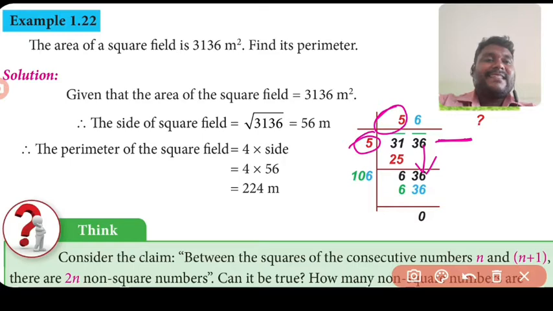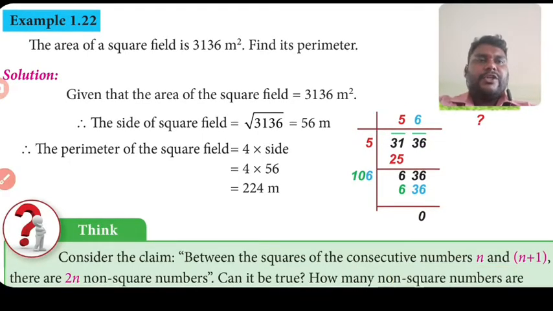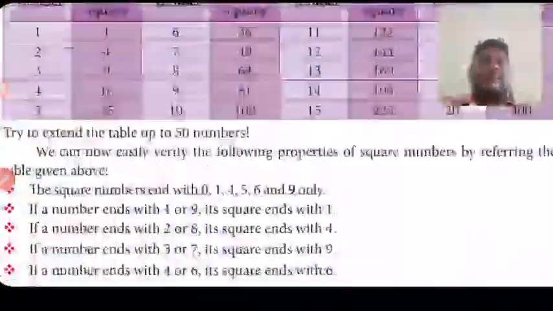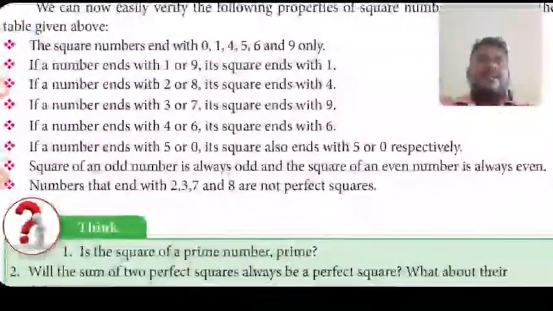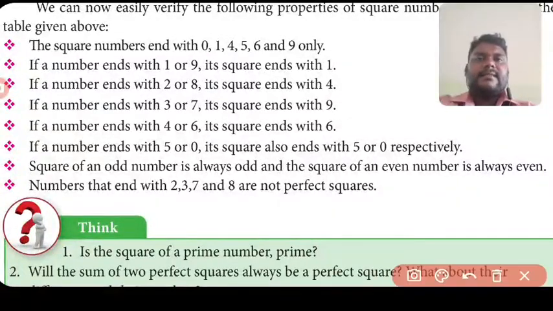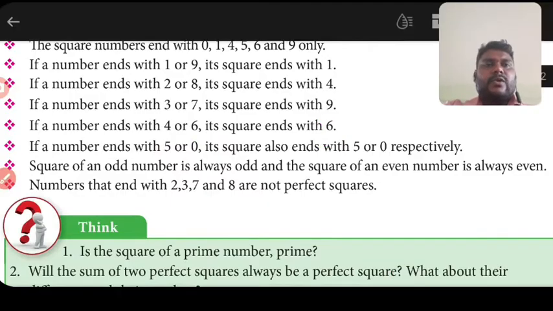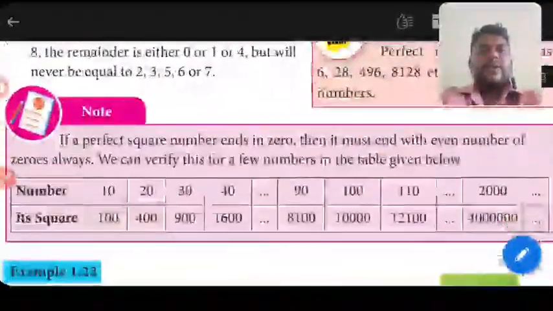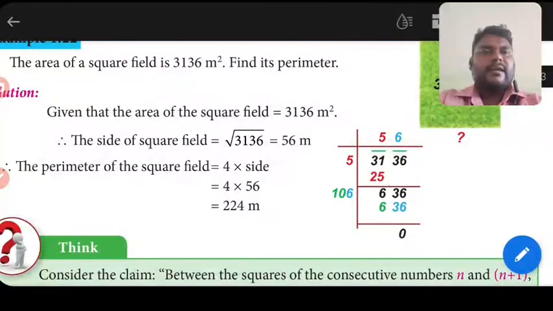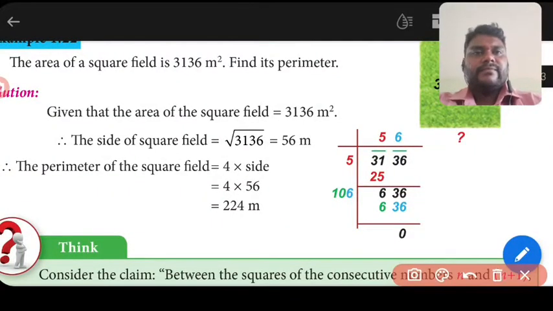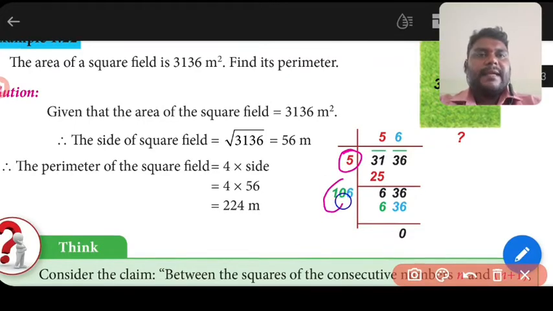So for that last number we are going to see the rules. What rules? I already told the rules. If the number ends with 6, then the square number's root must end with 4 or 6. இங்கே பாருங்கள் 6 இருக்கு. So last number 6 வந்தால் அதோட square numbers என்னென்ன வரதுக்கு chance இருக்குன்னா 4 or 6. So இப்போ நம்ம அந்த square root-க்கு போகலாம். So in the square root, first I wrote 5. இங்கே எந்த number வந்தாலும் 2-ஆல் multiply பண்ணி இங்கே போடணும்.